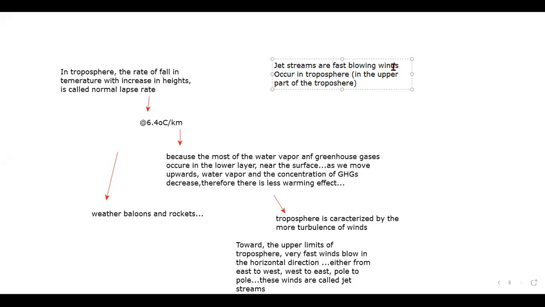So the next thing is, what is the importance of these jet streams? Due to this phenomenon of jet streams, it is very much beneficial